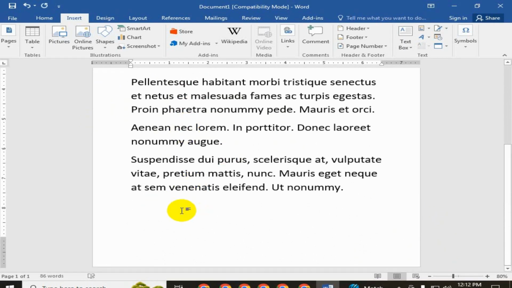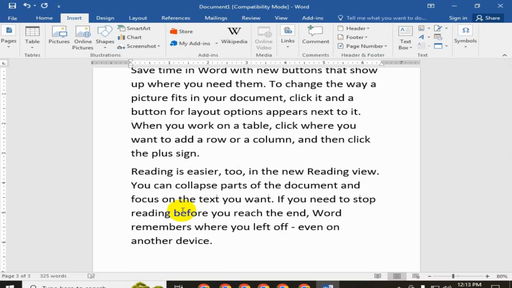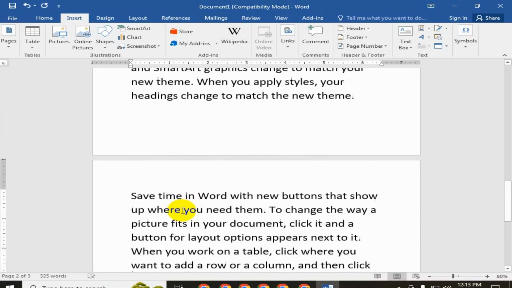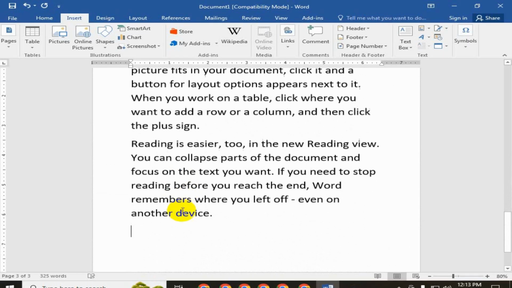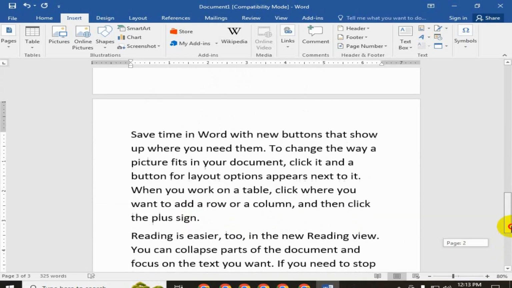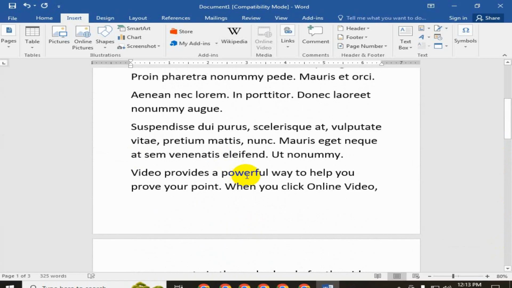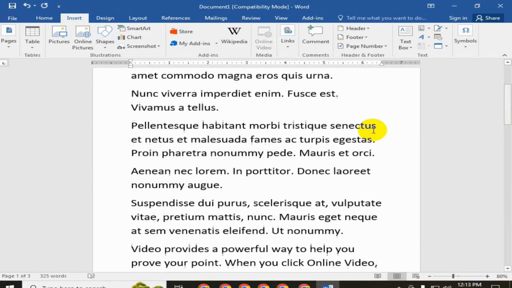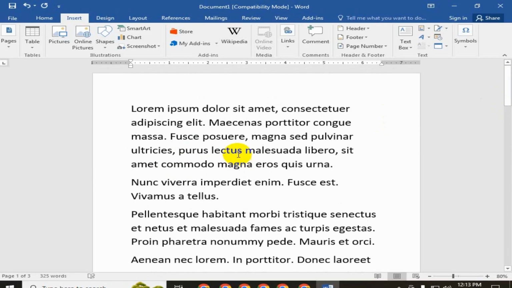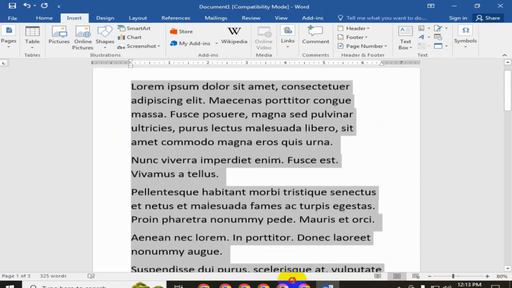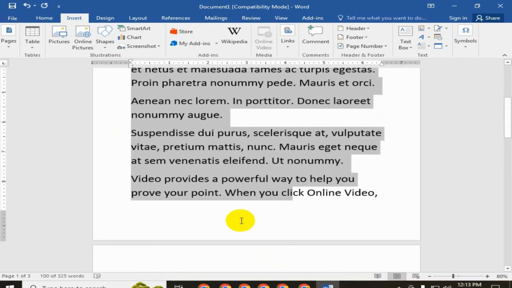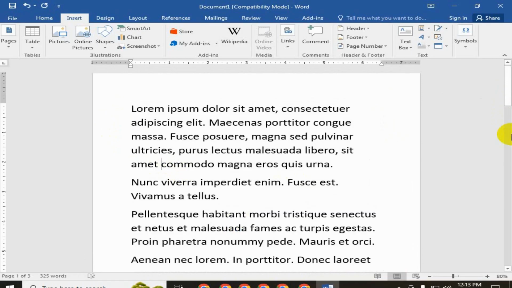We have another option to generate random text, that is equal RAND, first bracket close, and press enter. Now we see that we also get some more automated text in MS Word which we use for various types of practice. Now if you don't find this automated text in Microsoft Word by typing lorem or rand, just go to